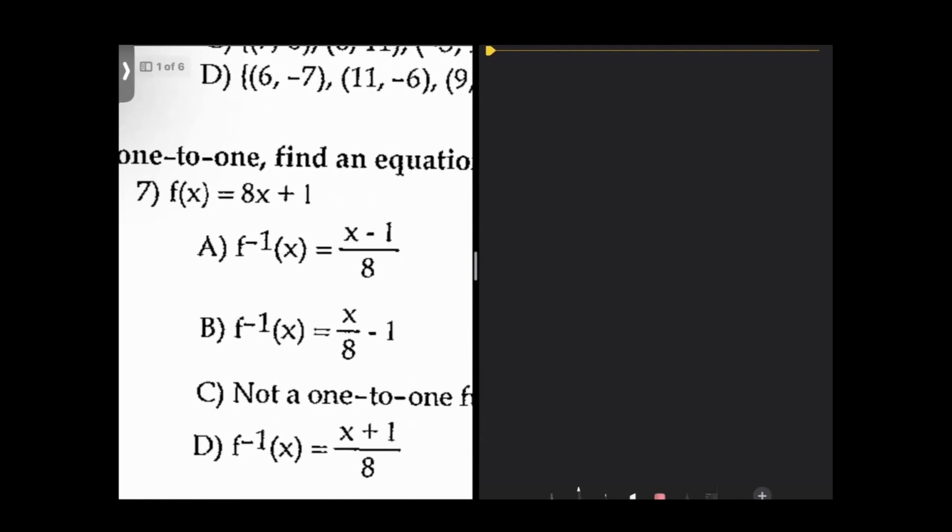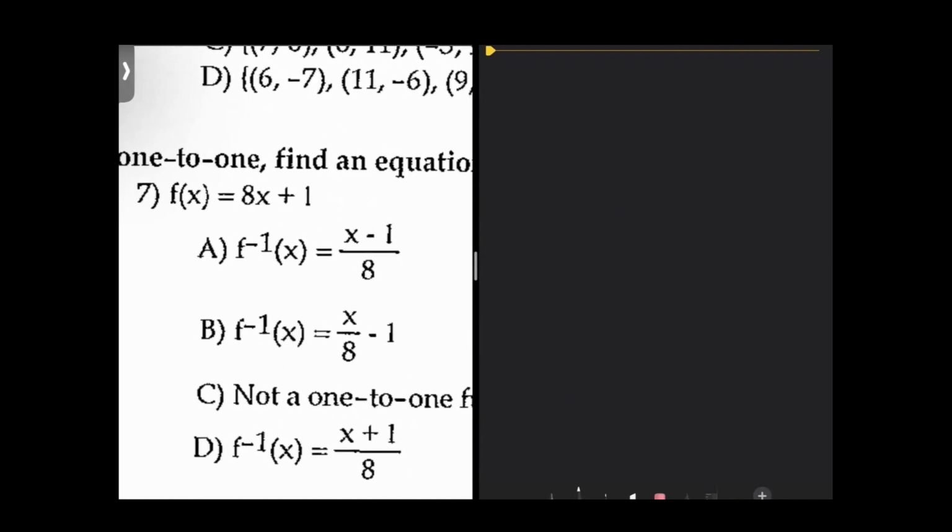So let's look at the function. We have f of x equals 8x plus 1. Now, the thing is, sometimes the visual is better than the equation. So sometimes it's best to graph it and then use a horizontal line test to see if you can find the